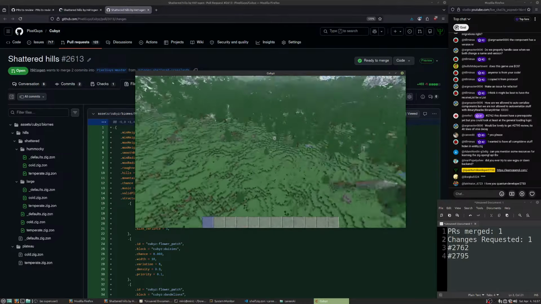And the other one was temperate. I guess it looks pretty similar. I think it's hard to tell the difference between the shattered variants and the normal. No? Okay, no, this is just grassland. Shattered, and this is...